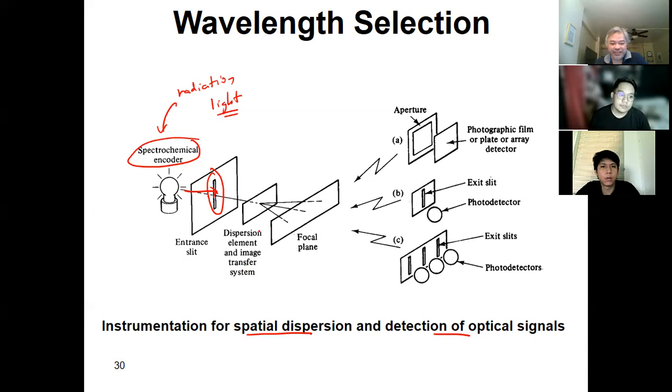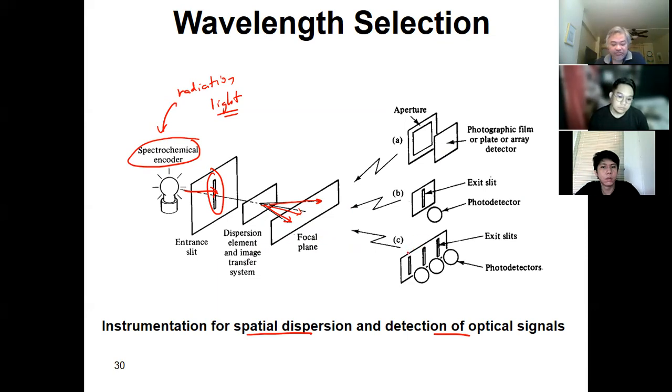So the dispersing element that you have here, the dispersion element and the image transfer, cause each wavelength to strike a different position of the focal point. So some of them will hit here, some of them will hit here, some of them will hit here. Now, according to the photodetector